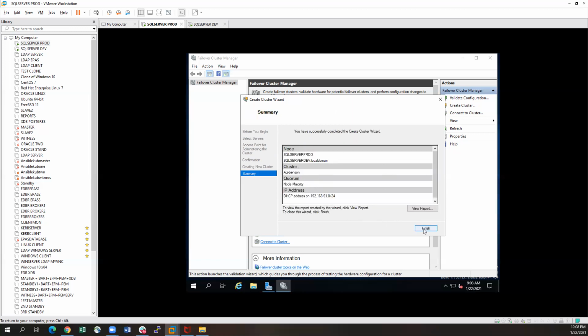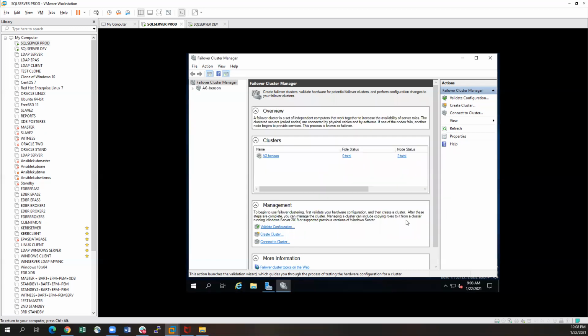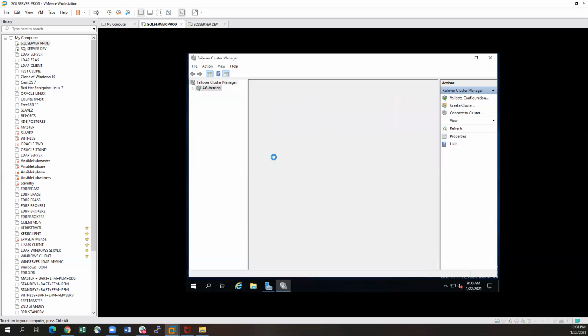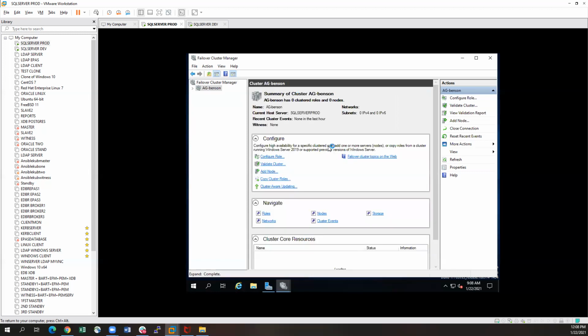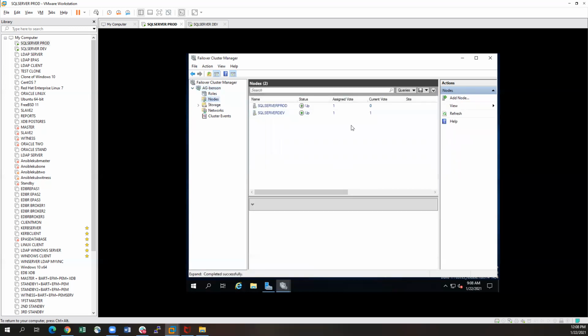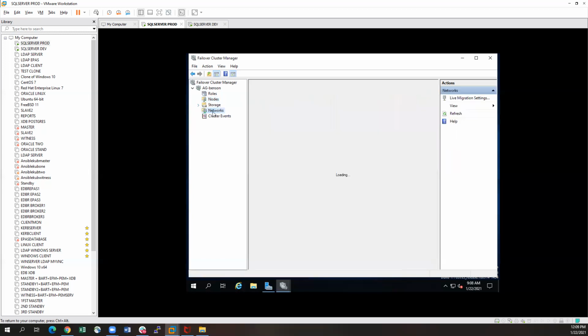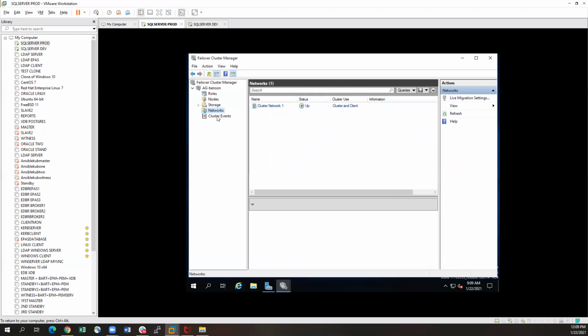So the cluster has finished creating. You can click on finish. So here we can see the cluster, and over here, if we look at the nodes, we'll see that we have those two nodes on the cluster and they all show up. You can look at the network and all of that stuff. So with this done at this level, the next thing we have to do here is